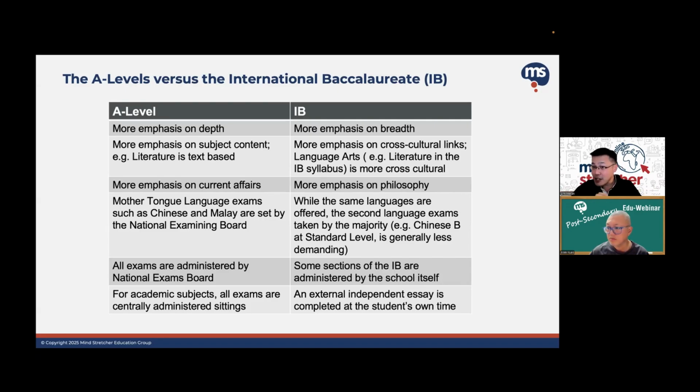But is it like that across? I'm not saying it's like that across. I'm just giving an example. But across different subjects, I think there will be nuances, right? So it's not to say IB subjects are all generally easier compared to A levels. There are certain subjects actually they are harder. For example, math is known for some of the math components actually being more difficult. So it also depends on the specific subject. Okay, so this is the key difference between the two, and it's just something for your consideration as well.